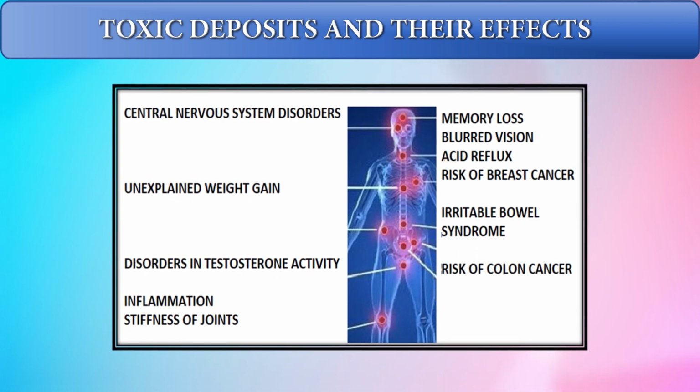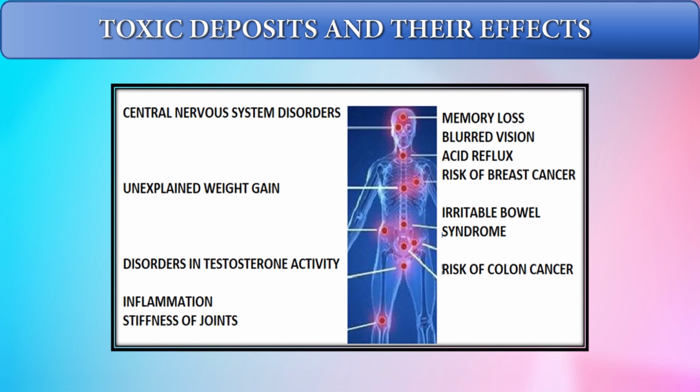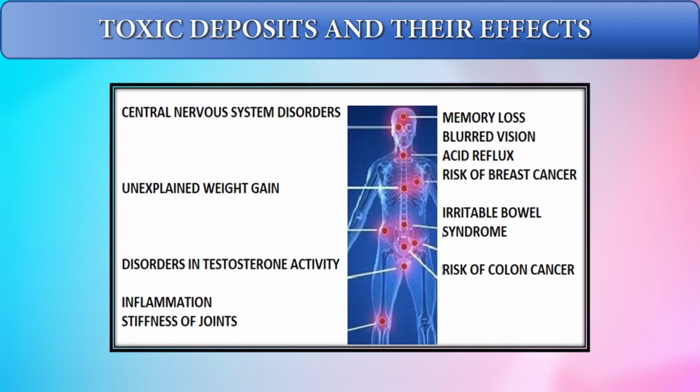So in recent years, we have seen the incidence of breast cancer and colon cancer is on the rise. So we need to think that this was not so prevalent in the earlier times. Our forefathers did not have so high a percentage of breast and colon cancer, but these days this is very much prevalent, and it is time for us to think, what are the factors responsible? Are environmental factors really responsible for the incidence and the high prevalence of these diseases?